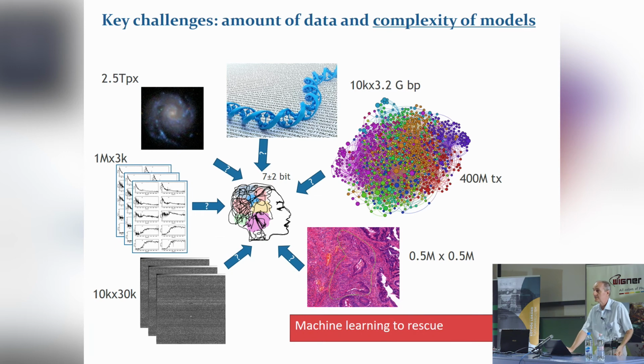It transforms everything. But there comes the problem, and here I try to get to machine learning. Remember, we have this small device, a couple of cubic centimeters, with a relatively small capacity: short-term memory buffers of a couple of bits, very slow, and it cannot handle really complex stuff. Actually, we can recognize faces and things like that, but how can we handle 2 terapixel images,